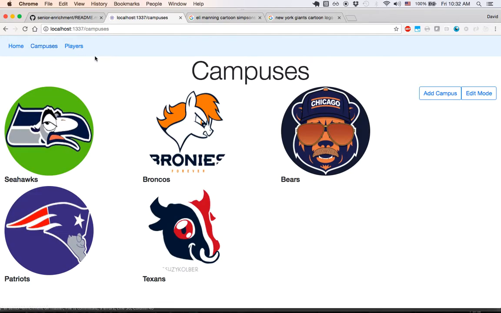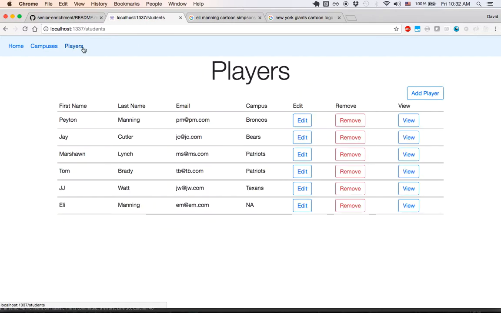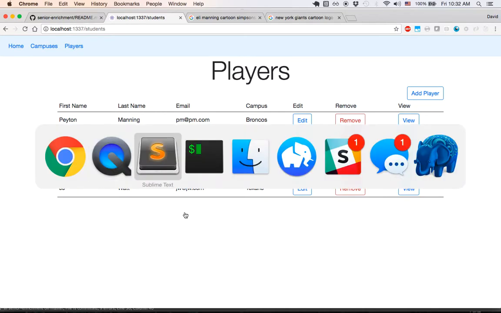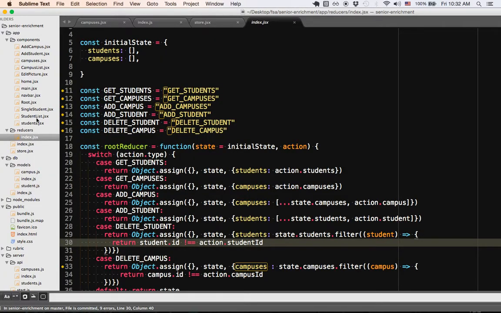So to demonstrate really quickly how some of the functionality works. First of all, we can remove a player, and it works pretty much the same way as the campuses. But once we click remove, that removes them from the database. And how this works is on